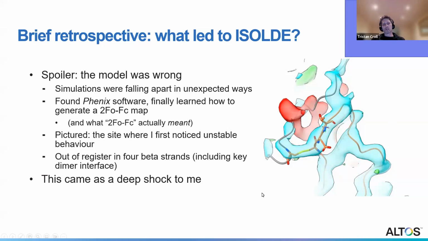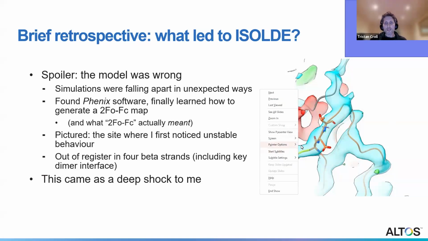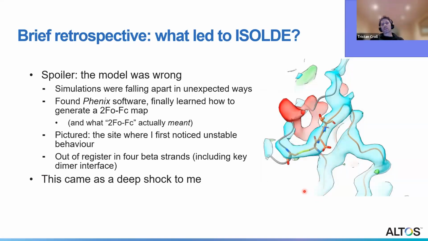I hope, yeah, just bring up a pointer. I hope you can see, starting by watching this gray strand down here, where it jumps out of density and heads off to the right through a great big positive, negative difference peak, where it fairly clearly should be just coming down here and back up here. And the orange strand here has been threaded through what is actually the disulfide bond density, and should really be just forming a little helix here.